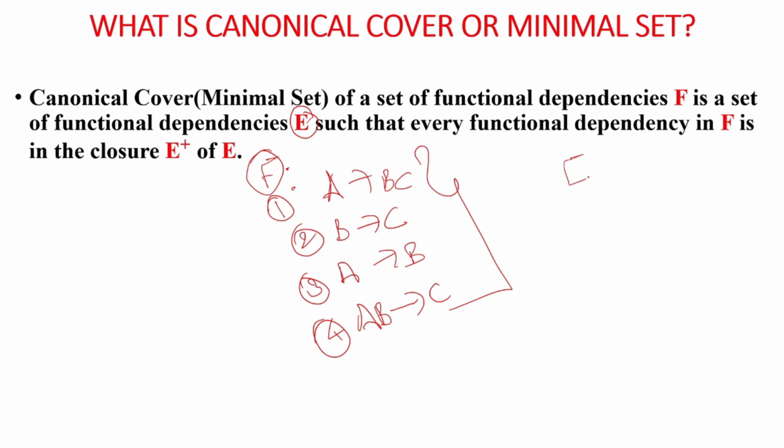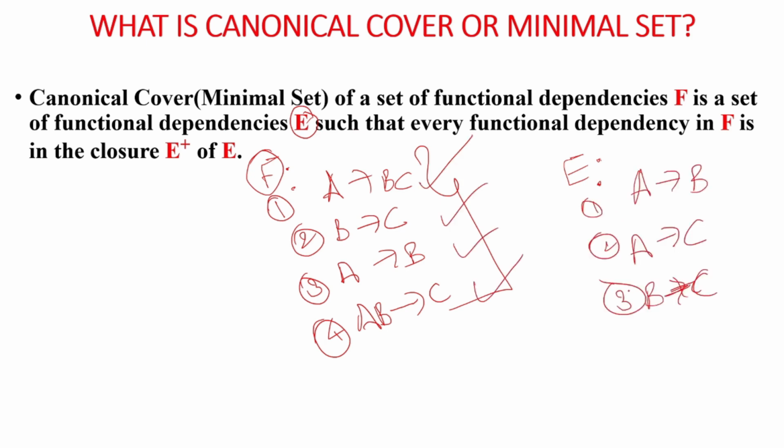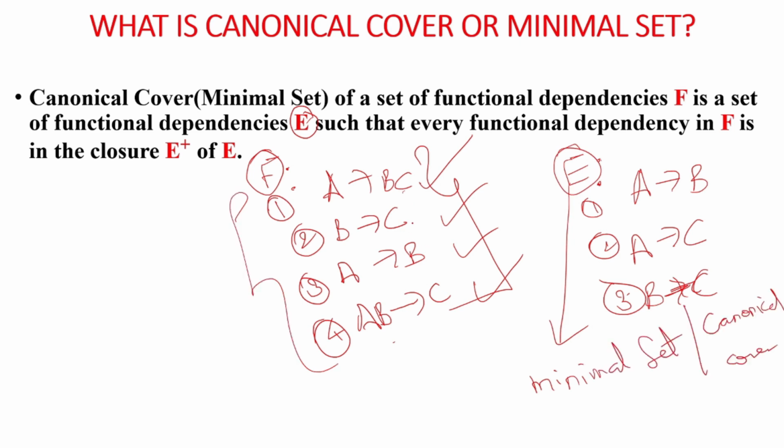The minimal set is given a name, suppose E. So we have to find the minimal set of functional dependency E. See, there are only 3 FDs in E and there are 4 FDs in F. But nothing is removed. Only the extra or duplicate thing that was there was removed and we got the set E. And set E is considered as what? Minimal set of FD. That is only called as canonical cover. Okay, we'll see this with an example so that you will come to know in a clear way.